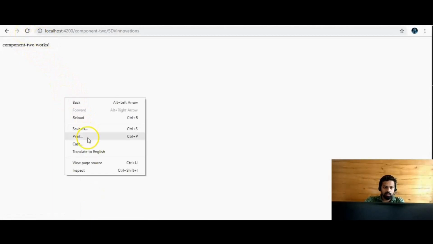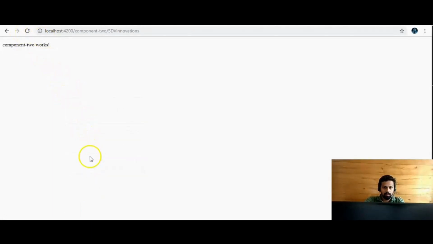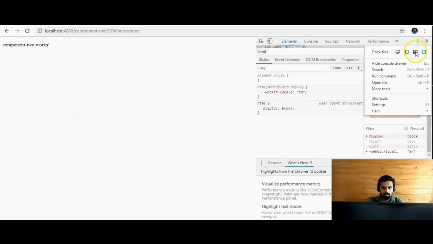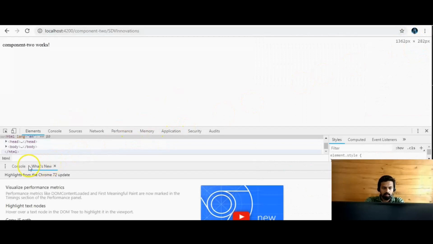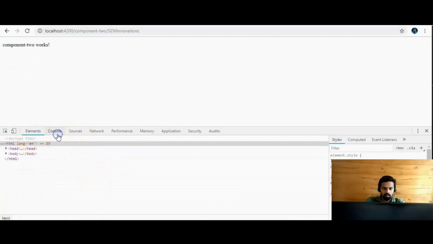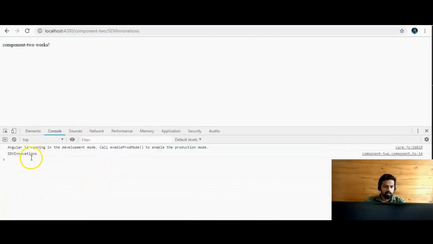And check the console. We can see the content from the parameter, SDV Innovations, is printed on the console, and just close the console,